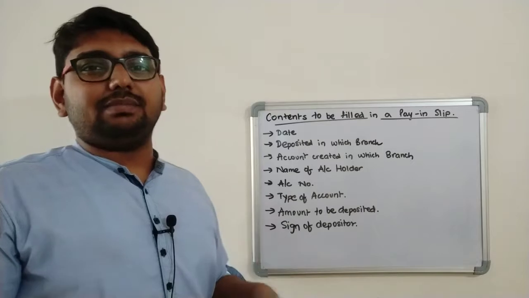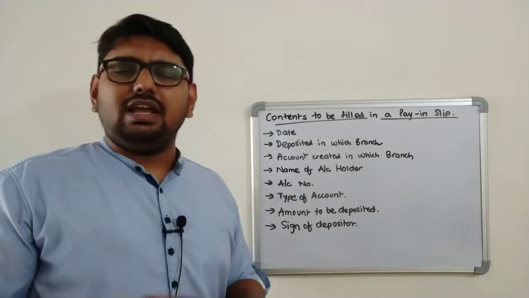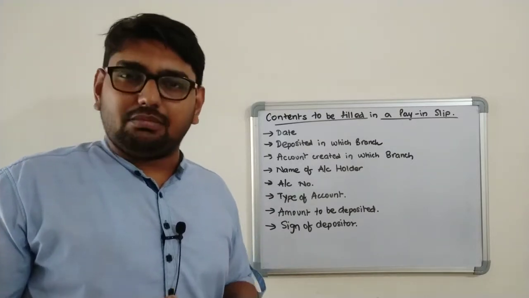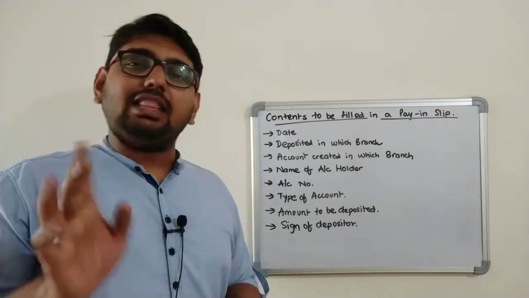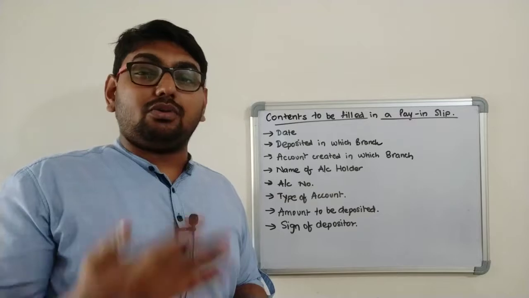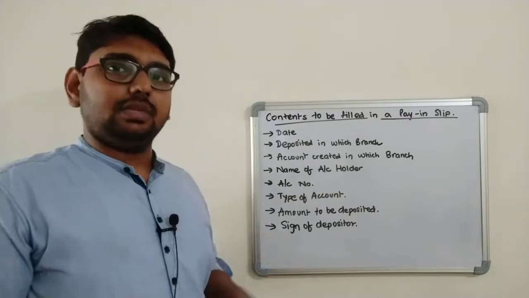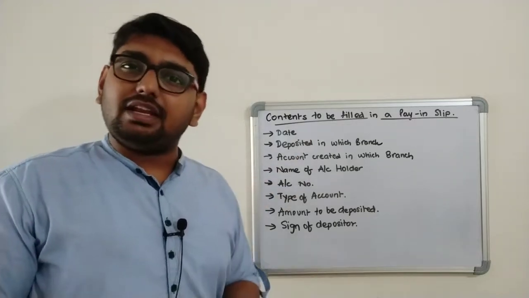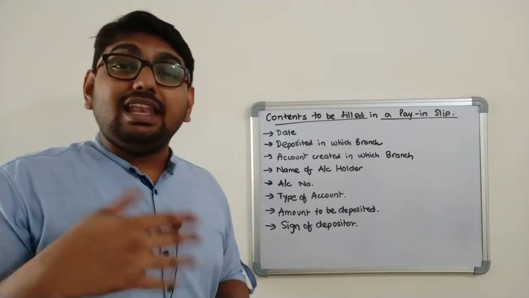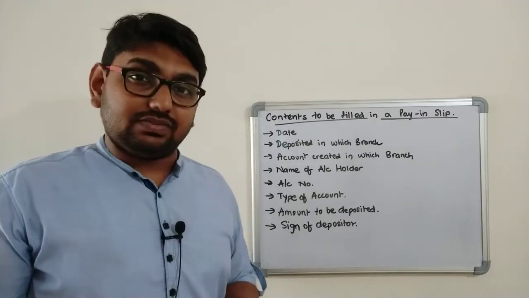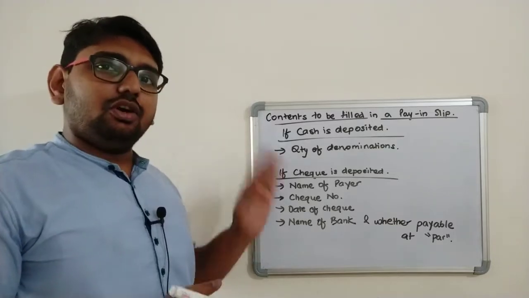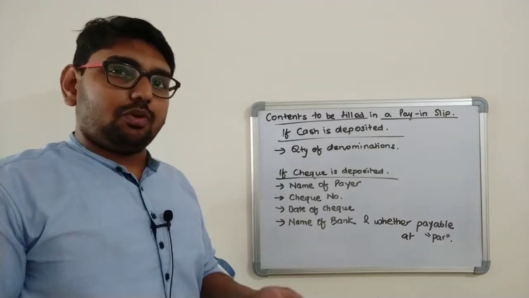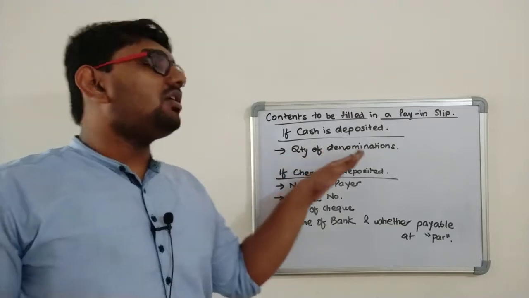Other than this, there are some additional things which you are supposed to give, like the telephone number or the PAN number, but again they are not compulsory, they are optional. PAN number is compulsory only if your amount crosses like 50,000 rupees. Now that we have seen what are the mandatory contents of a pay-in slip, let us see what are the alternatives. Now, if I am depositing cash, the only extra thing that I have to provide is the quantity of